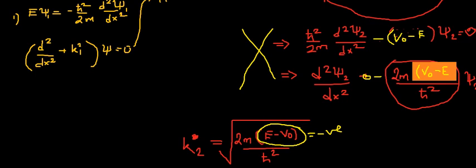So here I should have V naught minus E. Now everything looks good because V naught minus E is a positive quantity. But the price we pay is this: we have an extra